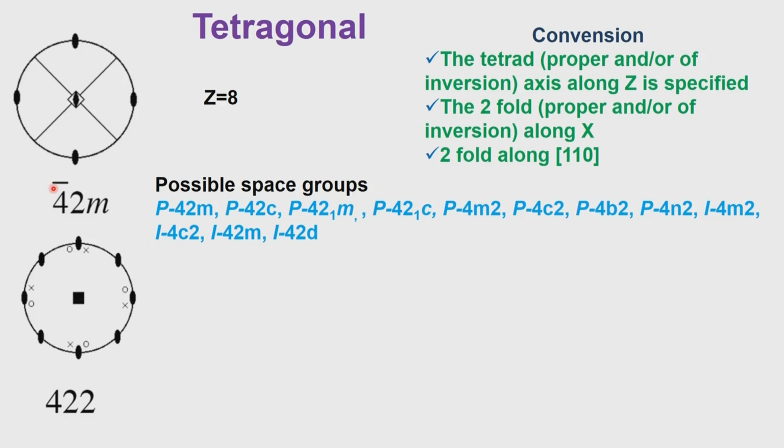So the 4 bar operation will also have the possibility of proper, and this is an inversion axis on the fourfold symmetry. So that means in the z direction we can have not just the fourfold rotation alone, we can also have the inversion associated with the fourfold rotation. So that generates the equivalent points accordingly. I do not think there is enough time for us or space for us to discuss that in this particular course, how to get the equivalent points and so on.